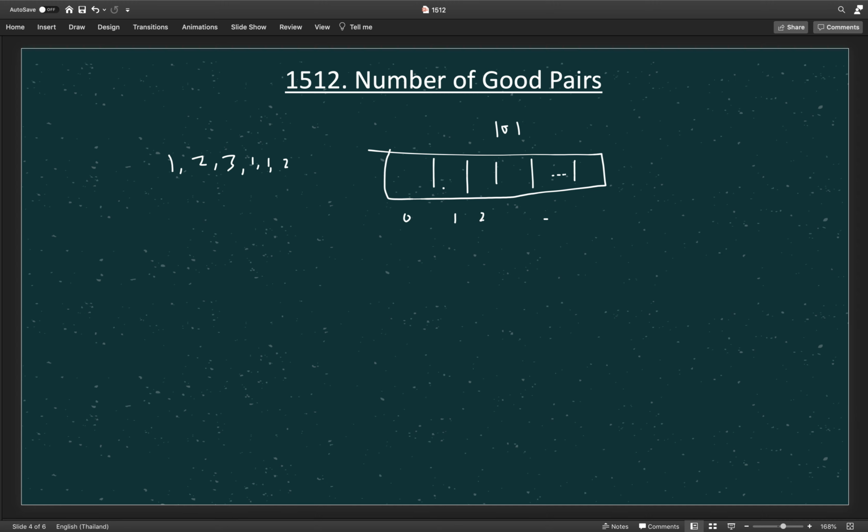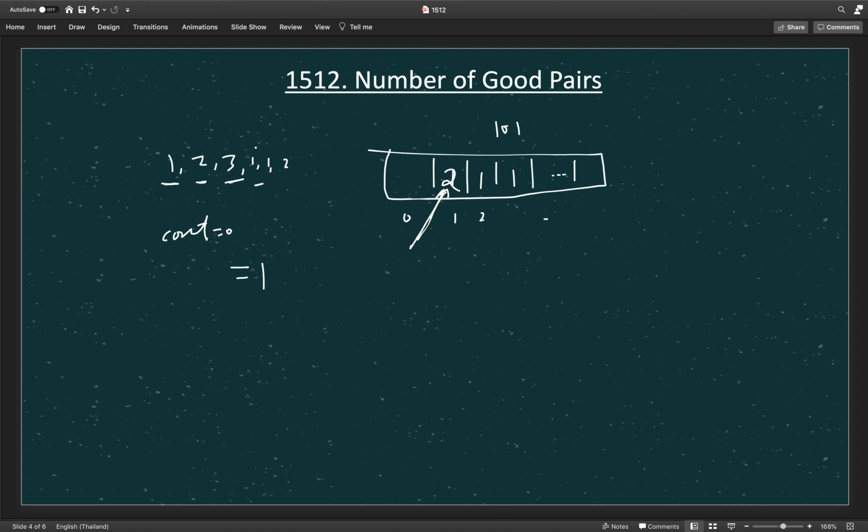Now, we will check, do we have any already existing one? No, we do not. So our count is still 0, but we will update the frequency of 1 to 1 because we found the 1 here. Similarly, now we reach 2, we check, we do not have it, so we update the frequency of 2, then 3, we update the frequency of 3. Now, we got another 1. We check, is 1 already there? Yes, 1 is there. How many times? 1 time. So our count will be increased by 1, and we also update the frequency of 1, which is now 2.